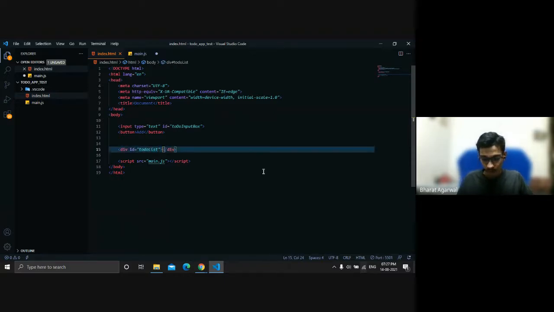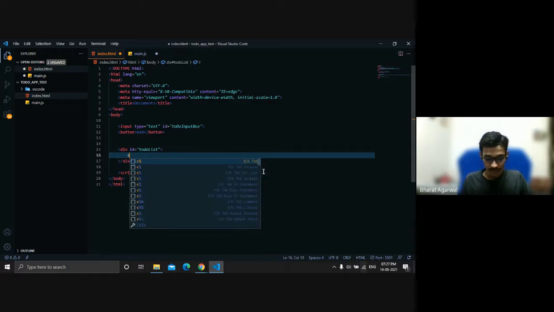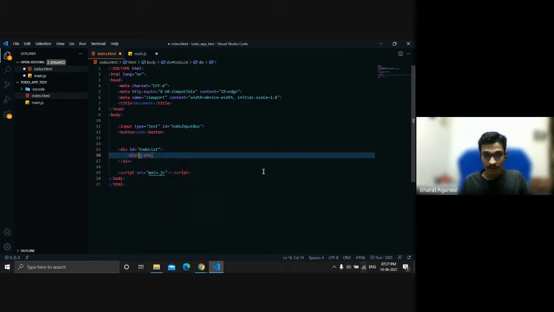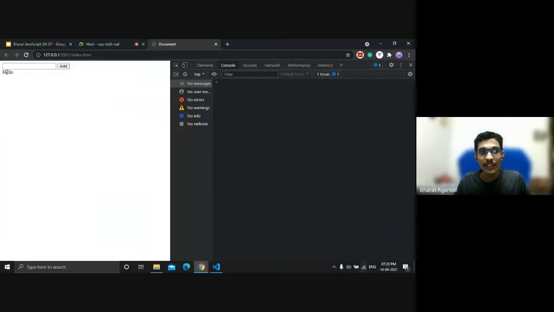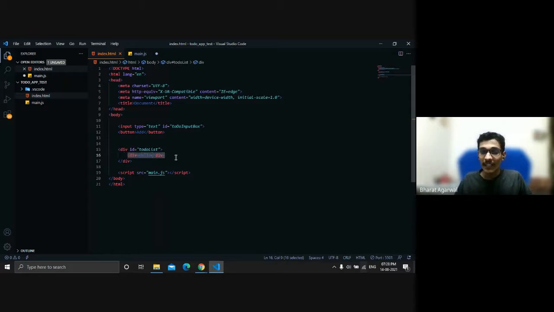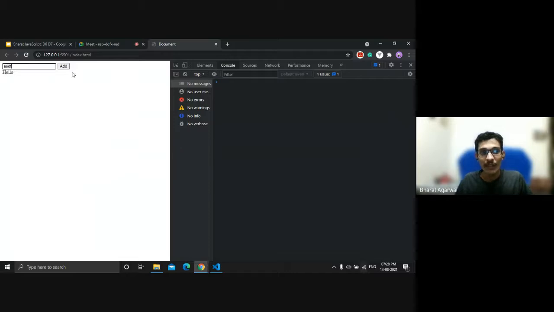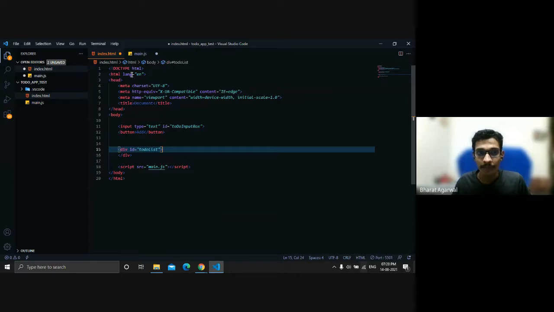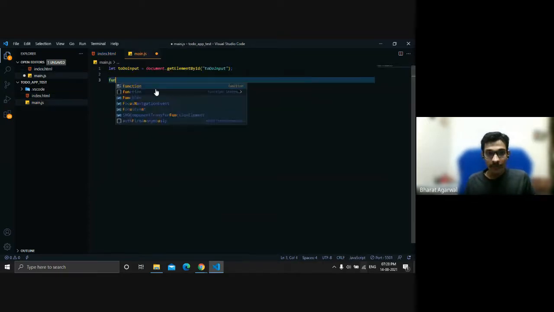If I show you, you see, this is how it keeps appending, but it will be done by JavaScript. Instead of doing it again and again over here, we can make it interactive so that if someone puts something over here and clicks on add, it keeps adding it to the DOM. That's what we do. So first, let's create a function.